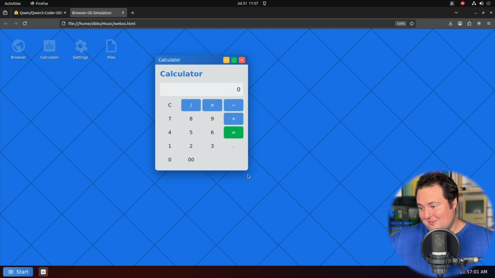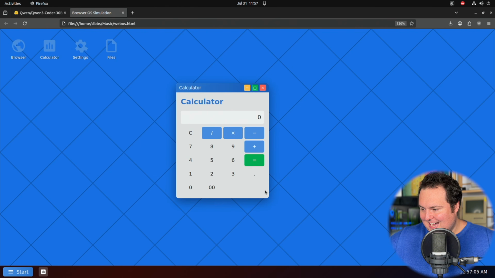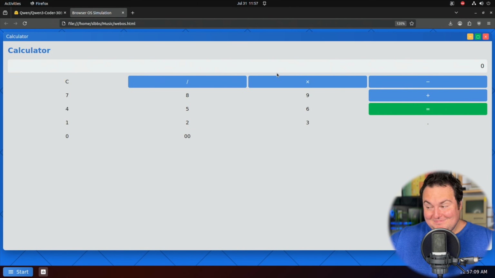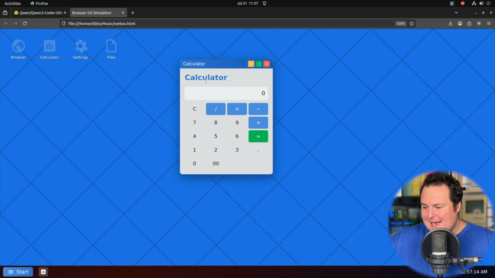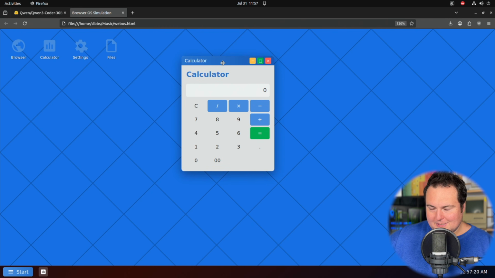Damn, that's not bad looking. That is not bad looking. We can drag it around. I don't believe I can expand it. Let me see if I try to full screen it. It does full screen. This is kind of giving me almost like Windows XP vibes, which I kind of like. I liked XP. It was one of the last good operating systems from that company. But with that, let's just go ahead and try the